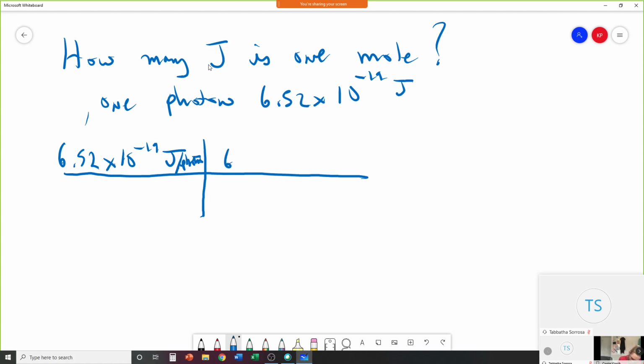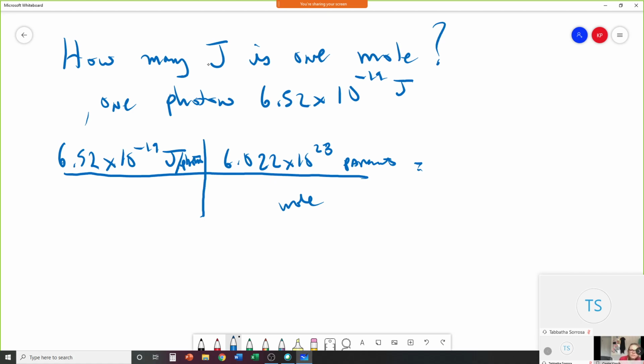And if I say it's 6.022 times 10 to the 23rd per, that's particles per mole, okay? And that's per particle, and we multiply the two together, and we'll get